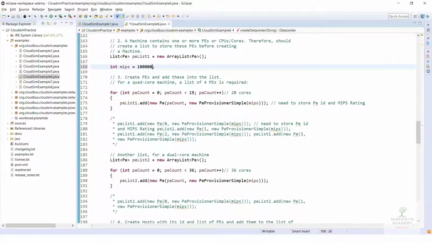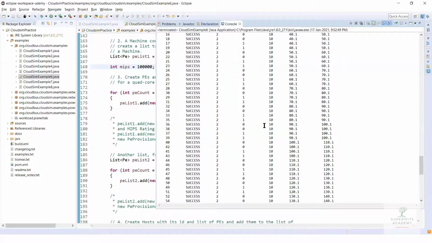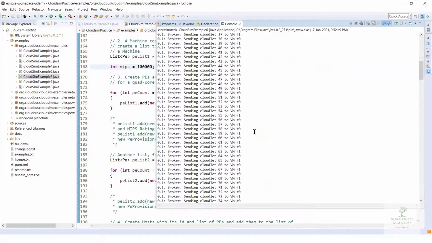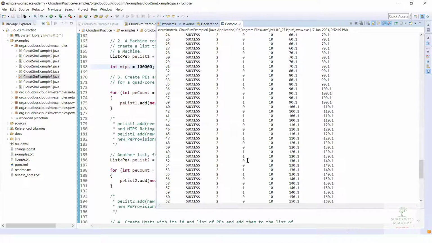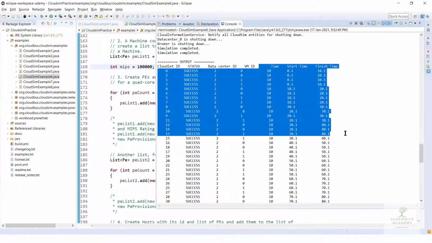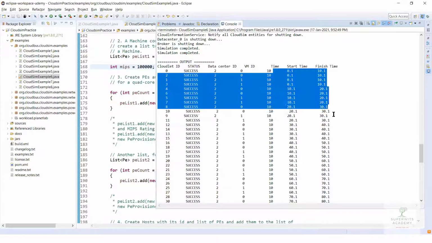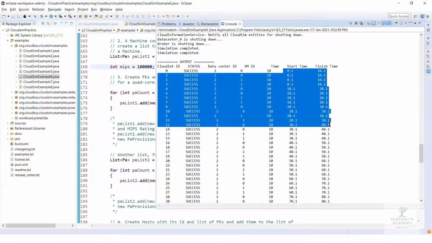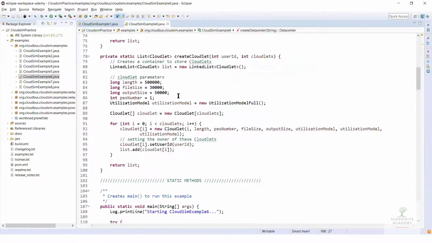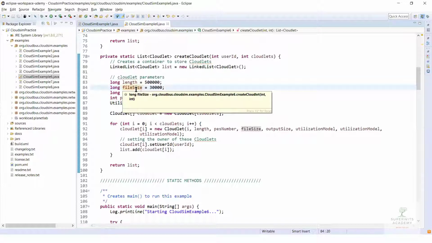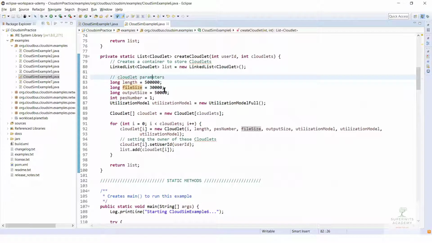So if I increase it to 1 lakh, in that case your configuration will go and run, and the effect you find in terms of the execution of your cloudlet is tremendous. Here, if you see, the time has been reduced to 2 figures only, whereas previously it was 4 figures for your virtual machine execution. So there are endless possibilities for this configuration part. You can do it in any way you want.